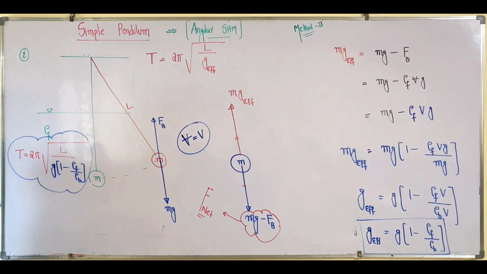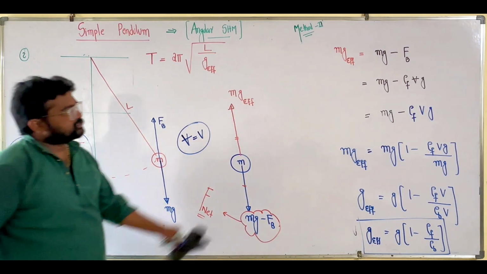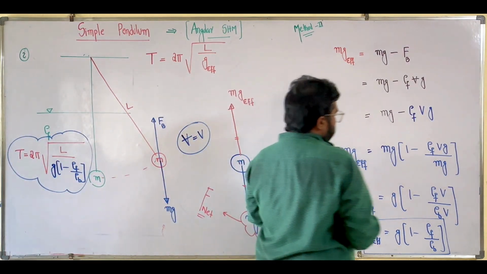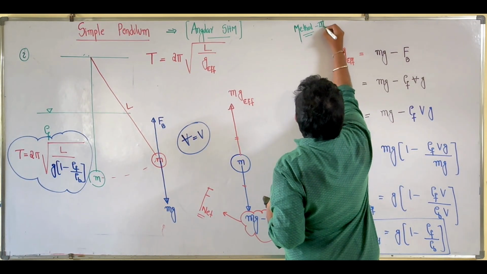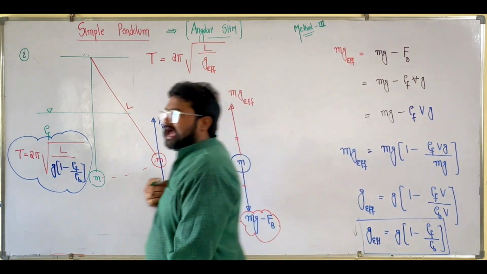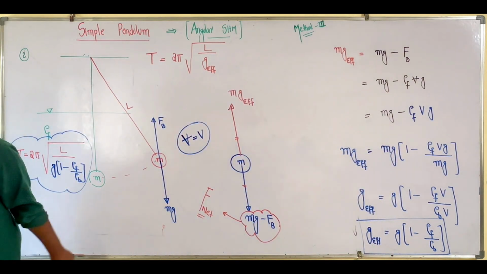Now coming to method 3. How to get G effective by using method 3? Completed. This part done. Method 3. Apparent weight calculations, when the fluid is in